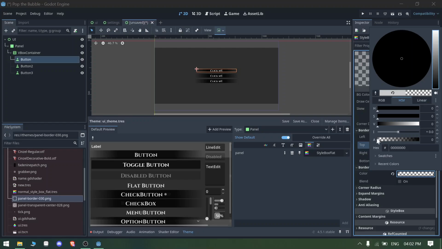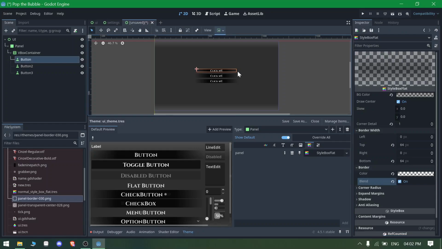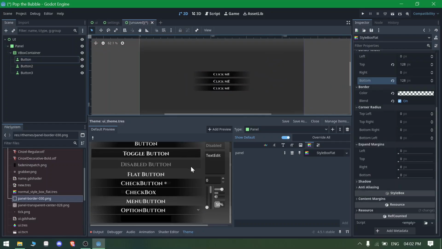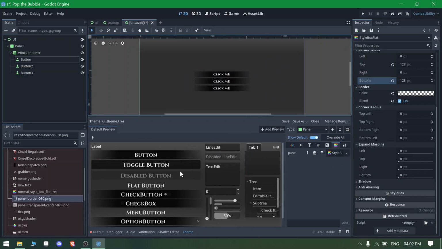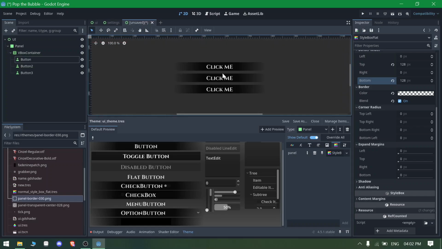And now what we are going to do is make it pure zero alpha, and we are going to blend it, and you can see this looks pretty good. So you can see now we got a pretty cool panel here. So yeah, and now you can also change these things too,